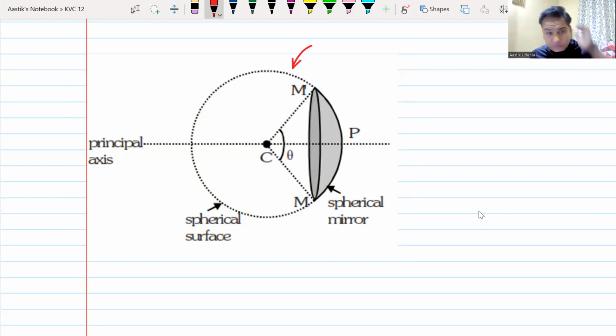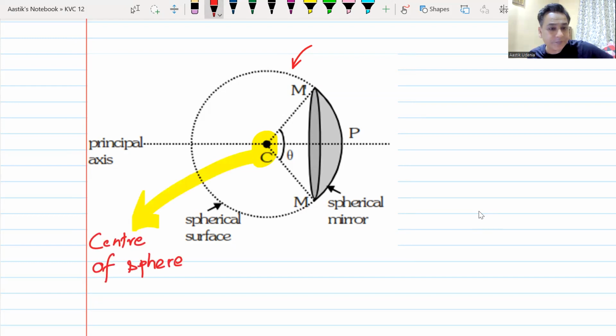Now, as I told you, this chapter is all about definitions. So let us first understand some definitions of this spherical surface. As you can see, there is a spherical surface. What is this thing in yellow? Center of curvature. That is the center of the sphere. Yes or no? This is the center of the sphere,